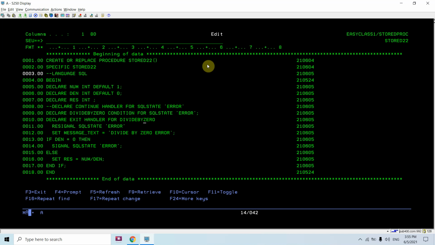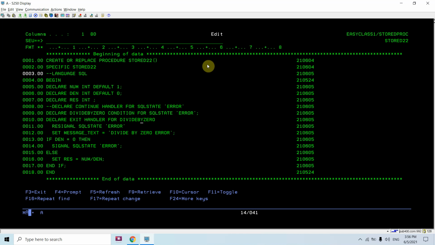Either I could do this using the statement declare continue handler for SQLSTATE, or any SQL exception or SQL warning, but here I am providing the SQLSTATE. So I'm not writing this. You can code it in a single statement or using two statements.